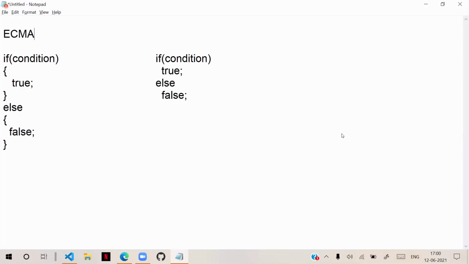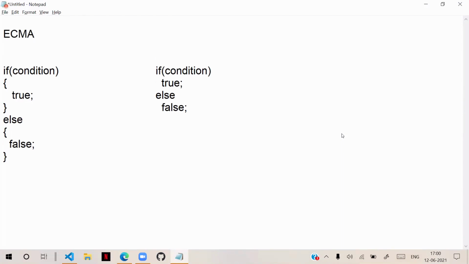And you can see that generally in real world programming, our developers use code analyzers. Code analyzers are software actually. The purpose of a code analyzer is that when you are writing code, it will tell you whether it is good code or bad code.